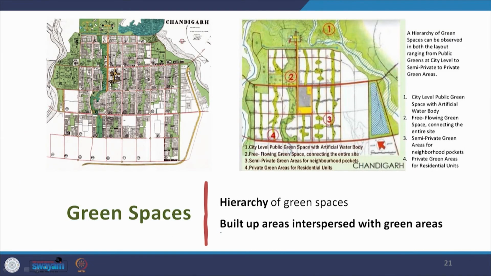Now the green spaces, there is a hierarchy of green spaces also. This amazing hierarchical structure that Corbusier follows, from the smallest to the largest element, is the original idea of the new architecture that I talked about in the previous lecture, where he talked about the development of standardized elements going on to perfection, for example in the Greek temple and the Ford automobile, so that if you identify the elements you can keep on building on the same idea.